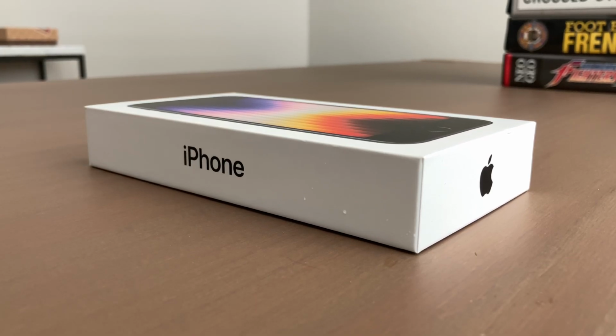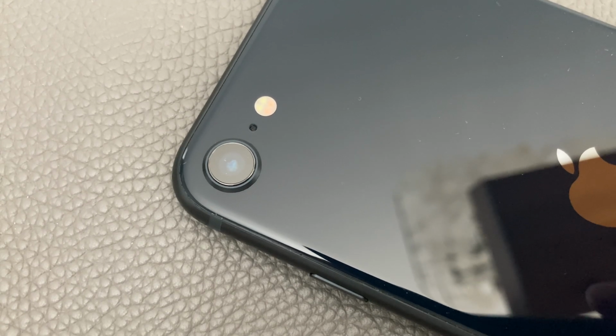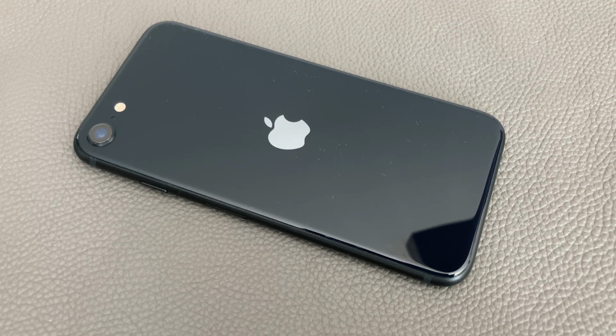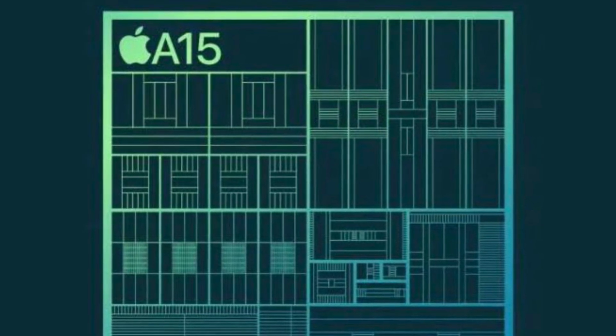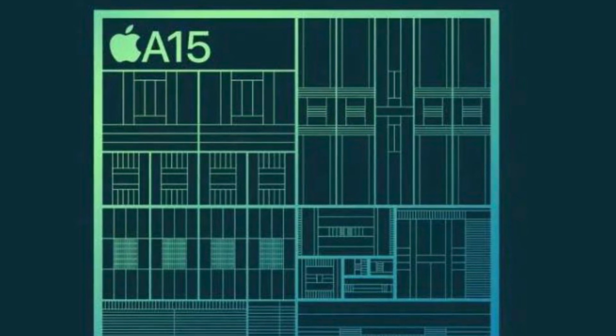This is the new iPhone SE 3rd gen, and just by looking at it, you wouldn't know that it has a beastly flagship processor in it and is more than capable of handling its own against other smartphones. First, the iPhone SE 3rd gen has the A15 Bionic processor found in the flagship iPhone 13, and that means